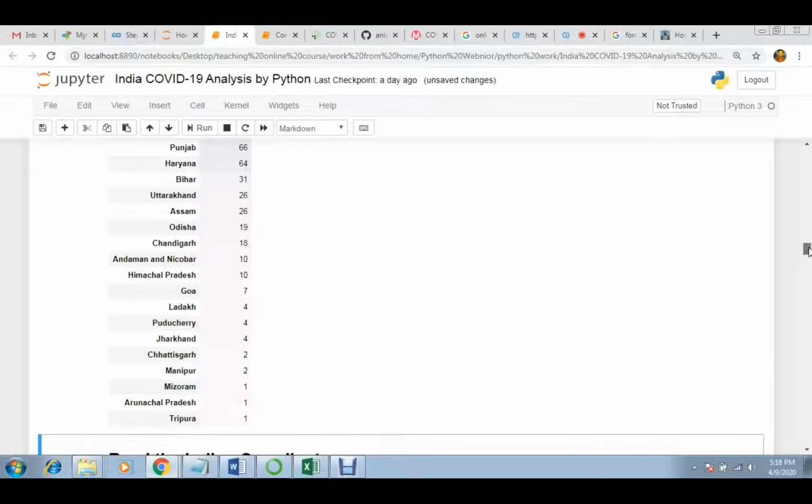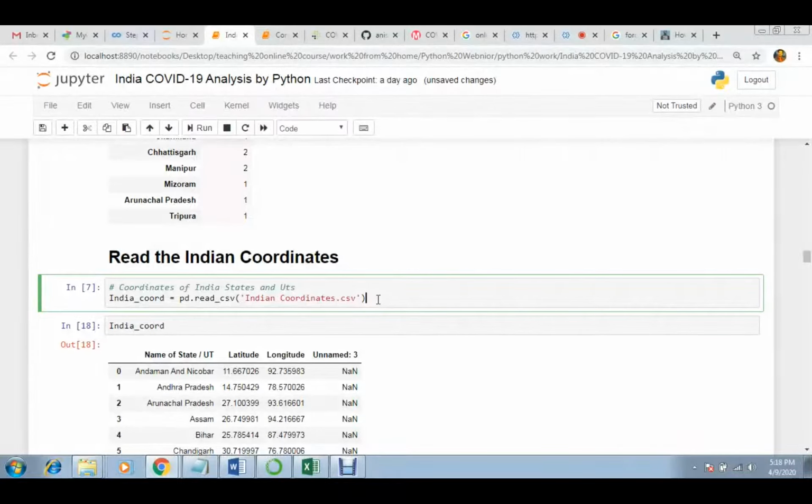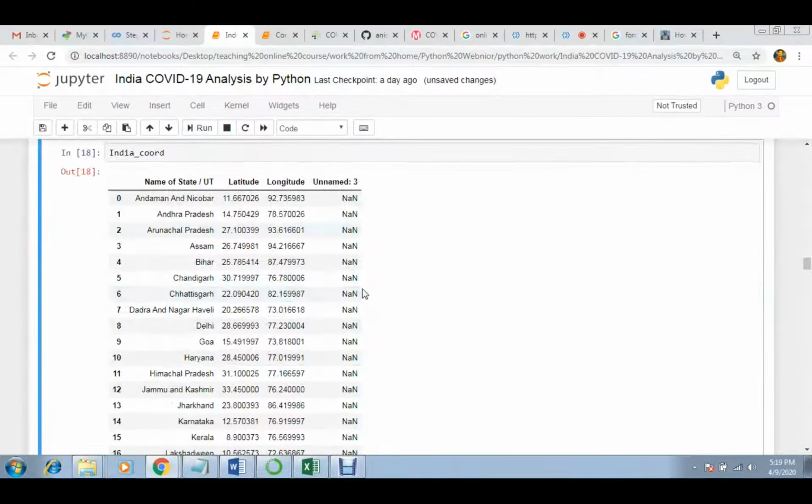Now I have used another CSV file. Whatever cases we have noticed in different states, I want to map them all onto one geographical location. So I have another CSV file which has the Indian coordinates. Generally we call this spatial data, right? As you can see, if I run it,